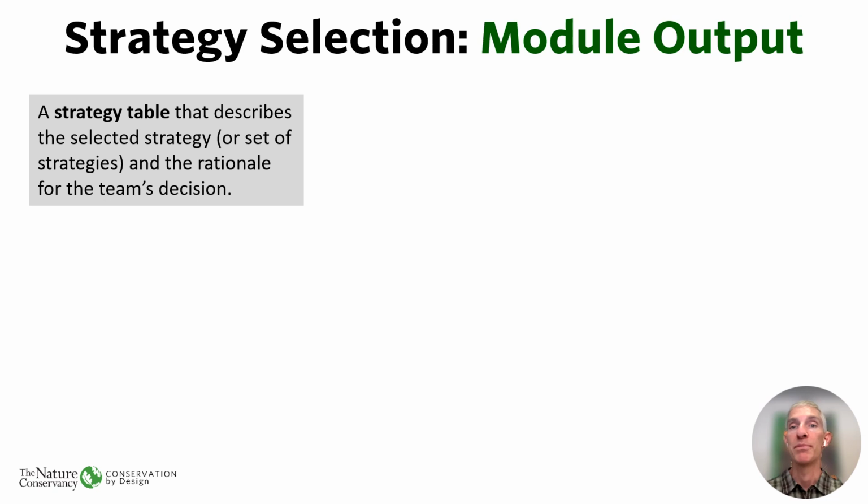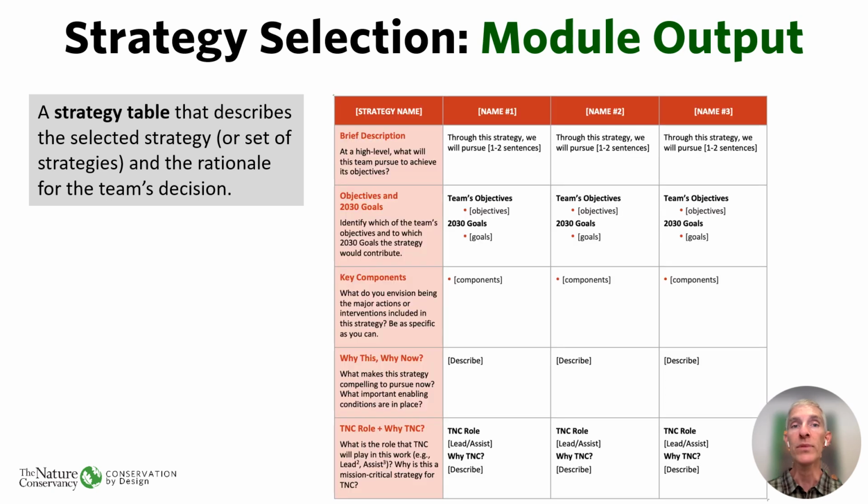The final output of this module is what we call a strategy table. This table describes key aspects of the strategy, or more often the set of strategies, that the planning team selects for implementation and the rationale for the team's decision. So this shows the general structure of the table. While the content can vary according to the team's needs, at a minimum, we're trying to capture the following